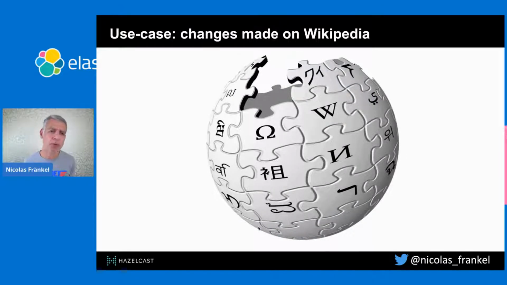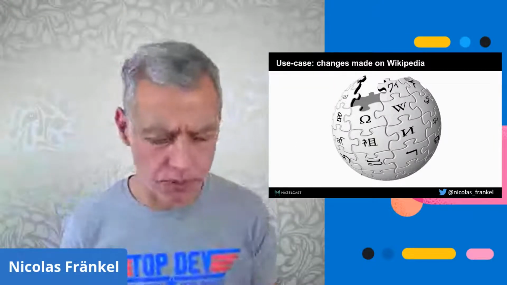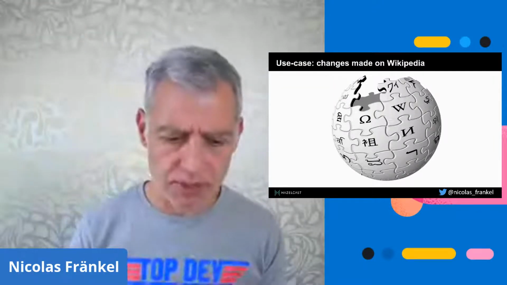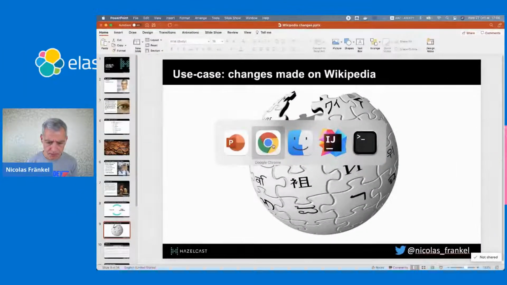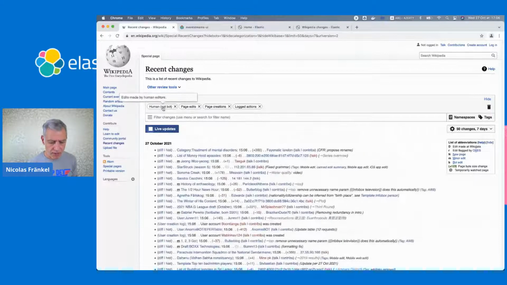I want to explore the changes made on Wikipedia. So let's see how it works first. Here, I already have something working. You go on this page, for example, and you already have a UI that allows you to stream the changes. So here, let's get some live updates. You can have some filters, and then you receive updates.